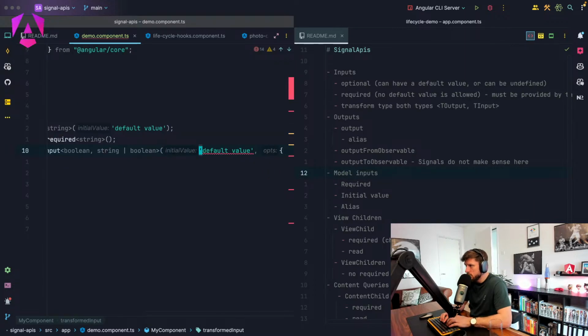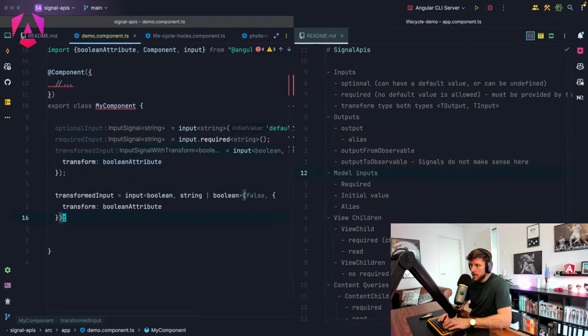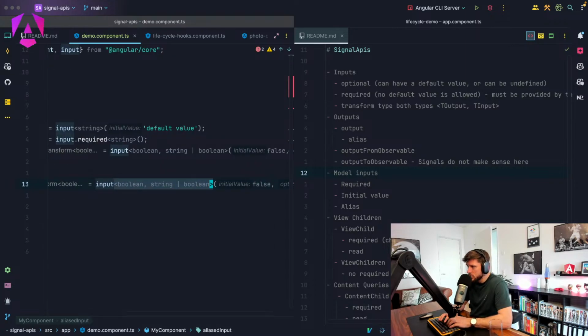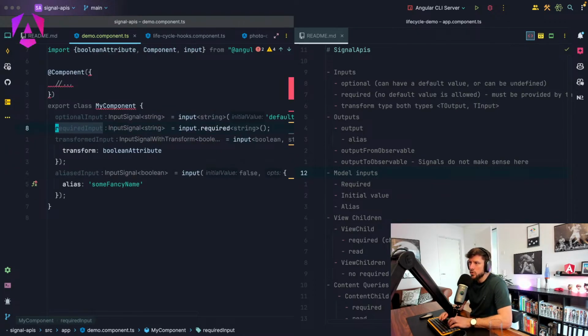Then you probably can still have like a default value since it's not required. And then we can have an alias input, and that would be like an input, and we say alias some fancy name, right? Those are kind of the options that we have, and I think that's cool because now